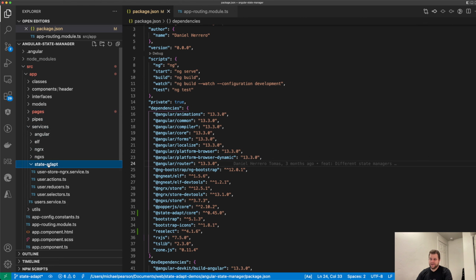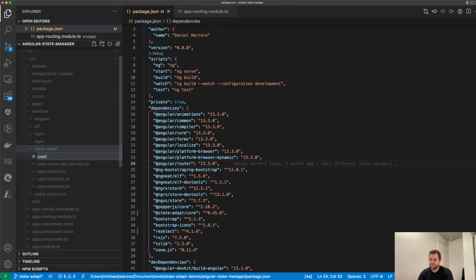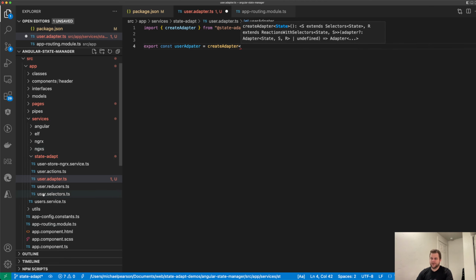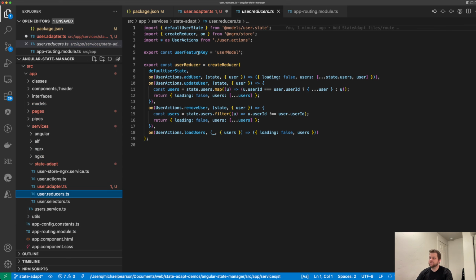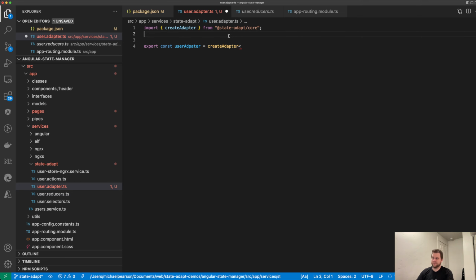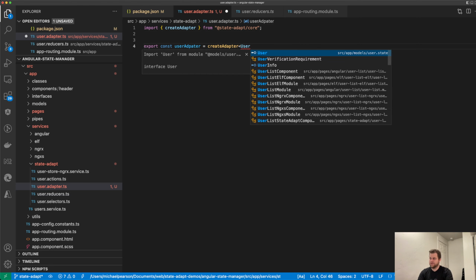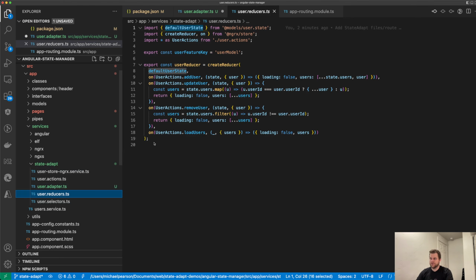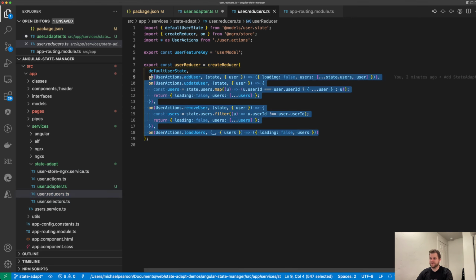Services. Okay. User adapter. Create adapter. Good, it's here. All right, now we look at what the user model was, or the state. We're going to call it default state, apparently. I'm not using it here, but okay, good name. Okay, now we're looking at the reducers, and I know I'm going to add to this eventually